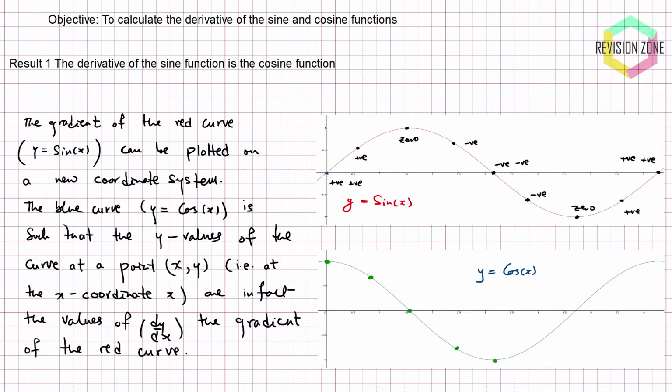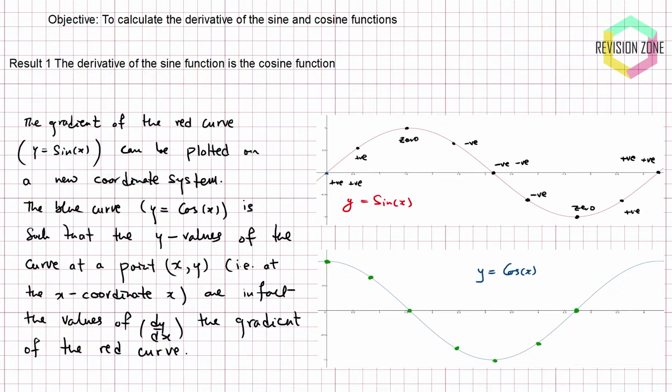So the y value for this x value here is actually going to be negative, but it's not going to be as negative as for this x value there, which was the y value there, right? So if I mark that again, we're going to get a negative y value, and then finally for the gradient being 0 there, the y value is going to be 0 there. So if I mark that too,